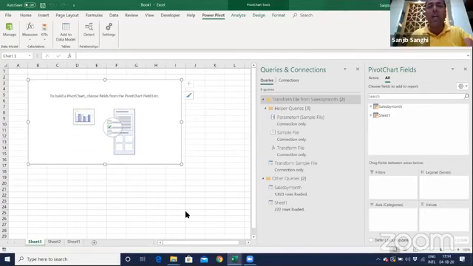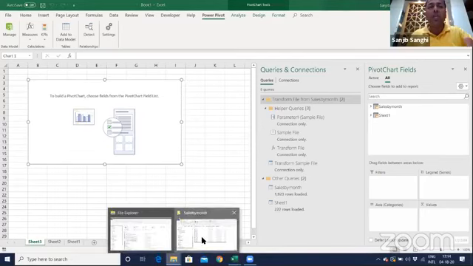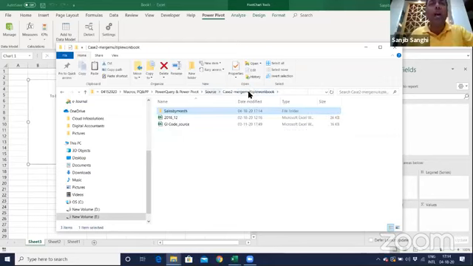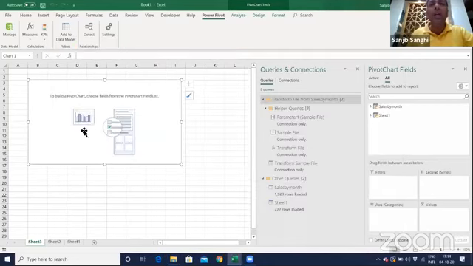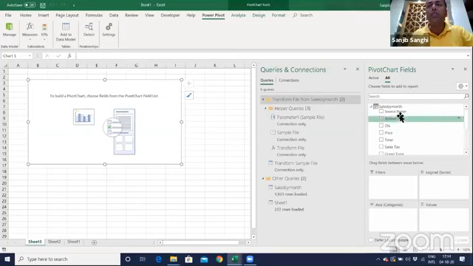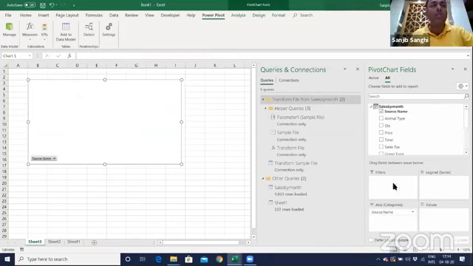So if I go back to the folder and I remove this file, Control X, I delete the 12th file. I create a pivot chart, a very simple pivot chart, by taking the source name over here and the grand total over here.